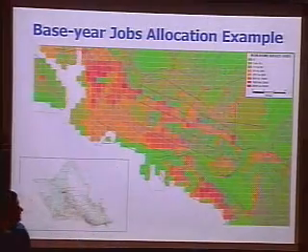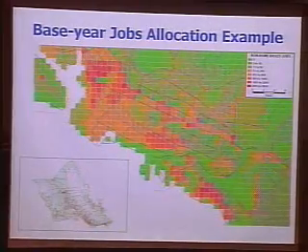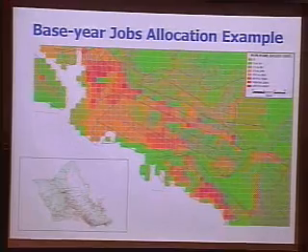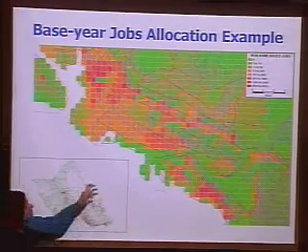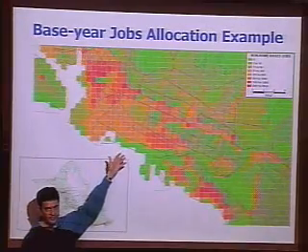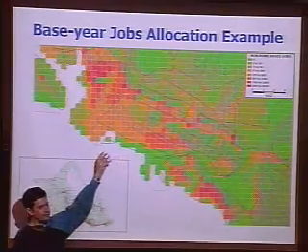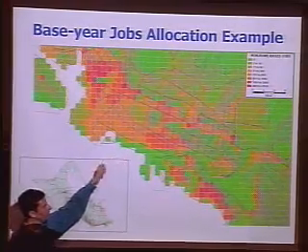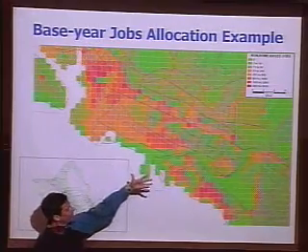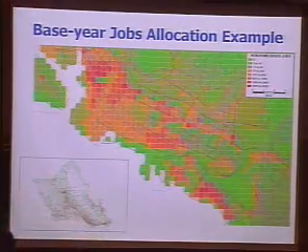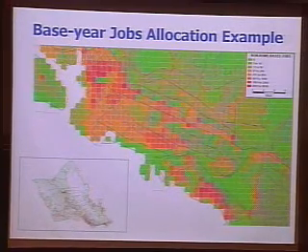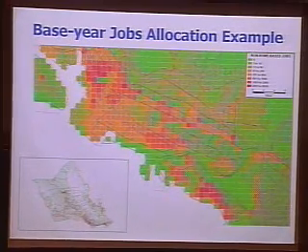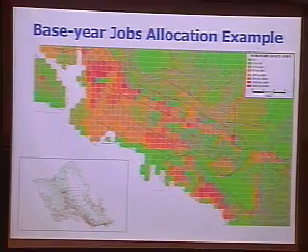I guess I should have had this up when I was talking about the diffusion, but basically what you're getting is a lot of mixture of employment moving up into the hills, up into the residential areas and forming new mixed-use development. And at the same time, you're having more residential coming in here. It's kind of interesting. It's not terrible in the sense that it's not vastly different from what you would see. However, it does have some effects.